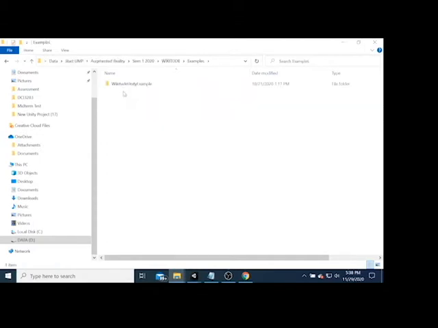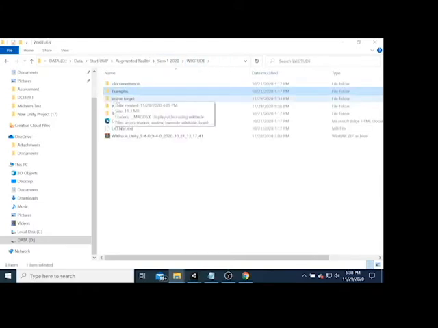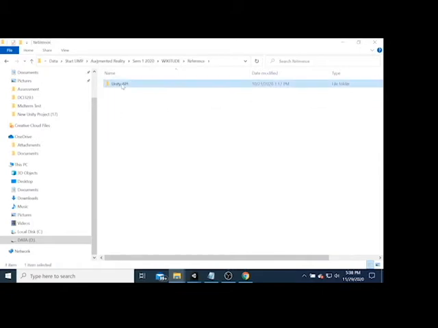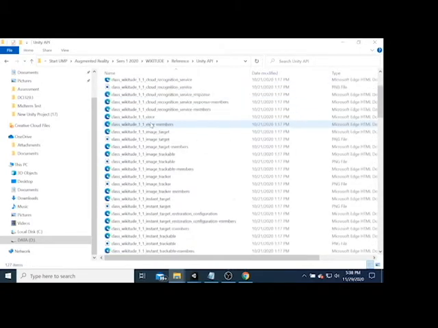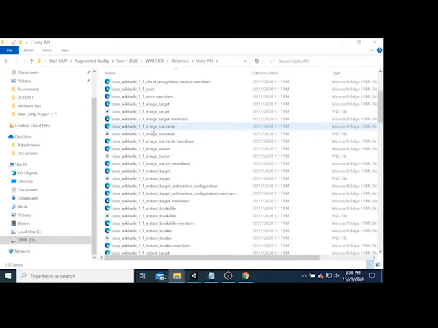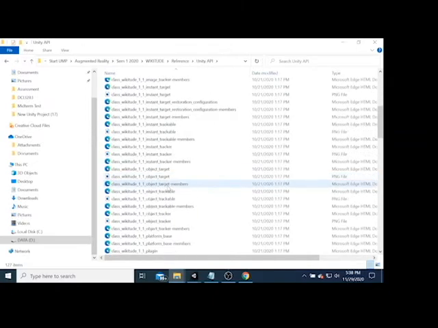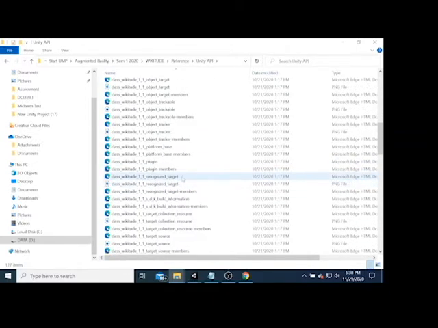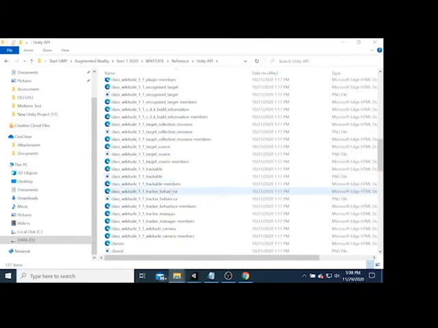You can explore the Wikitude Unity examples, and then the package, and then the reference, which is the Unity API. Inside here you will get the image trackable and then instant target, object trackable, recognize the target, and Wikitude camera, and so on.